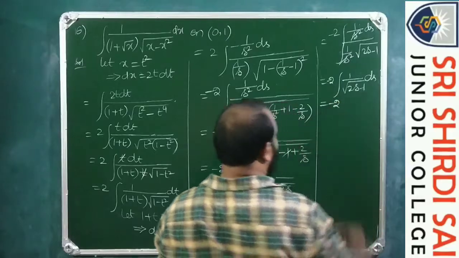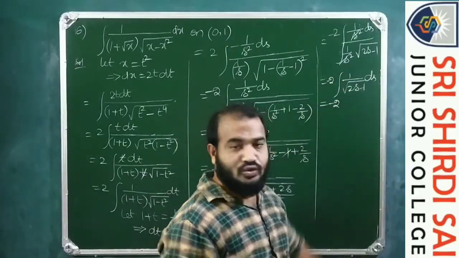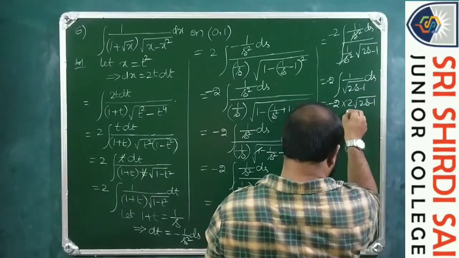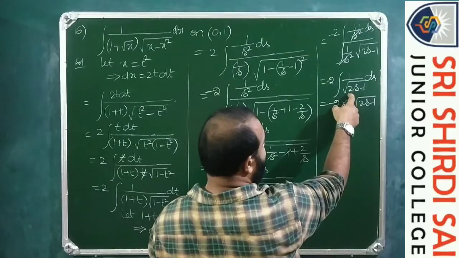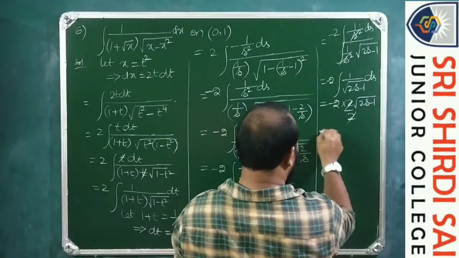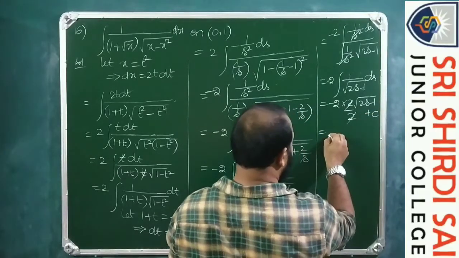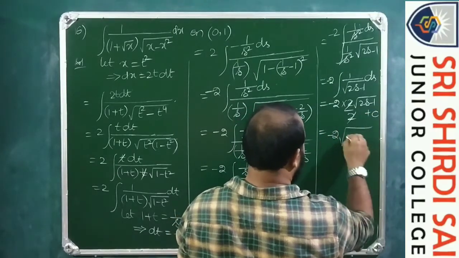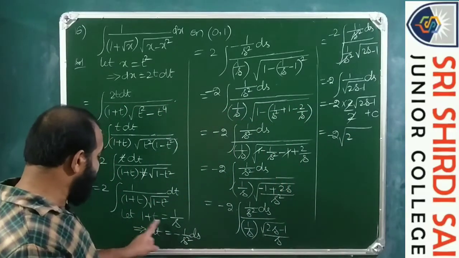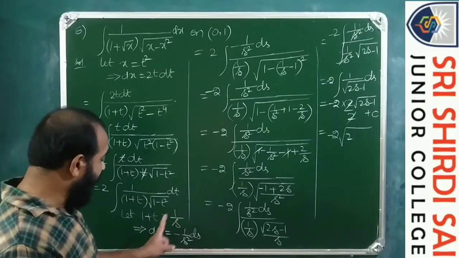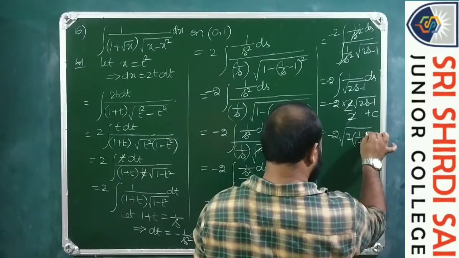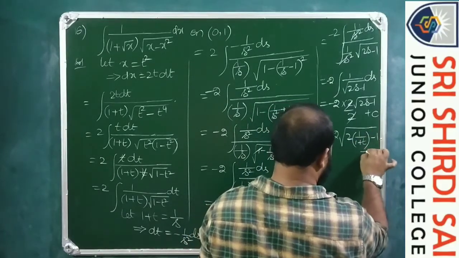So this is minus 2 integral. This is of the form integral 1 by root x, which gives 2 root x. So 2 root of 2s minus 1 by the quotient, d by ds of 2s minus 1 is 2. So 2 gets cancelled, plus constant of integration c. So minus 2 into square root of 2s minus 1. Here 1 plus t is 1 by s, while s is equals to 1 by 1 plus t. This is 2 by 1 plus t minus 1, plus c.